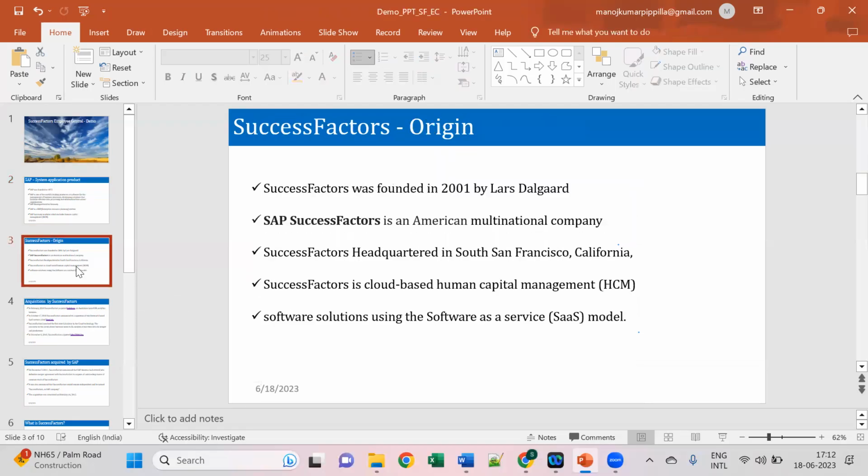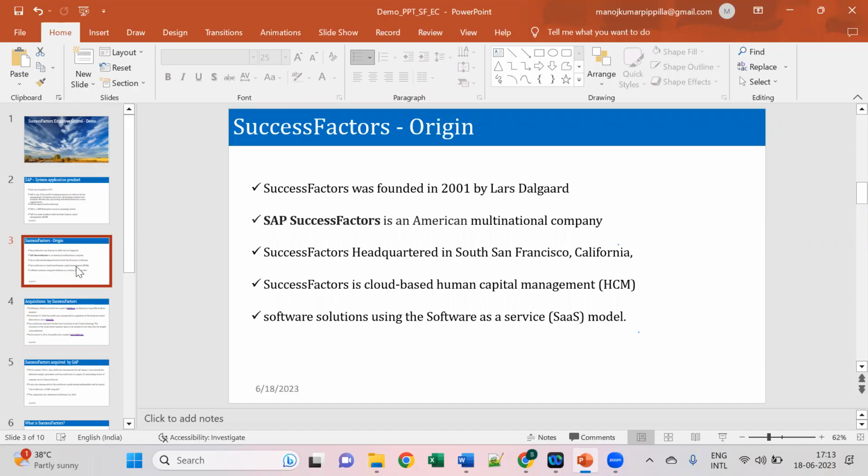If you see here, these are the details of Success Factors. Success Factors was a different company at the beginning. It was established in 2001 and it is an American company which was already there in the cloud, doing HR activities, data maintenance and some other activities. Then SAP found Success Factors a suitable company to acquire and to establish in the cloud platform. In 2011, SAP acquired Success Factors.